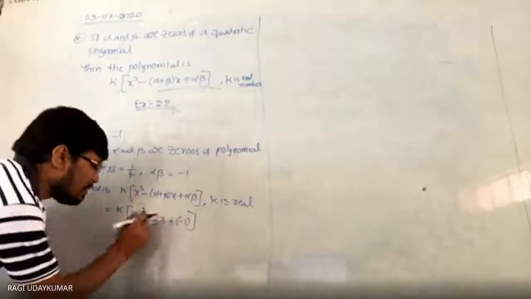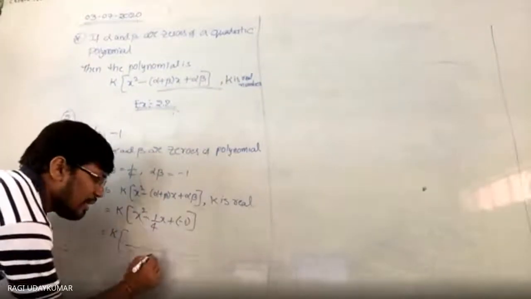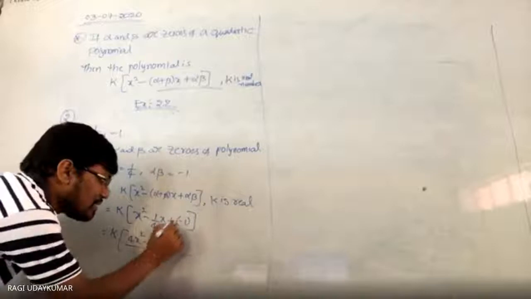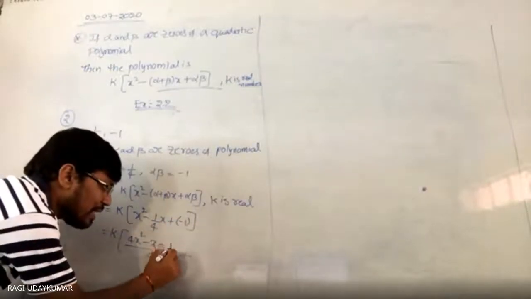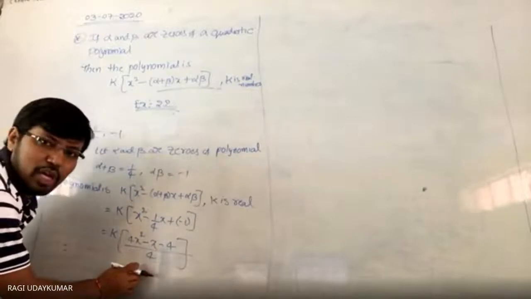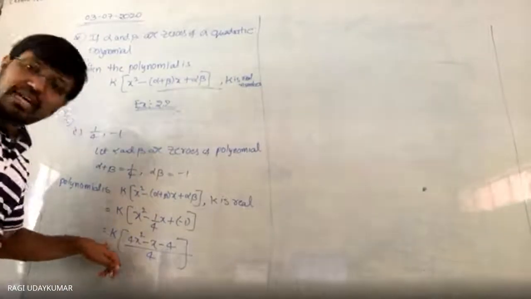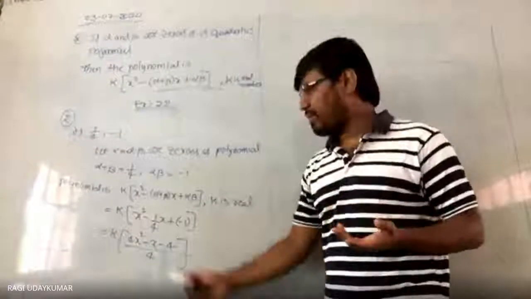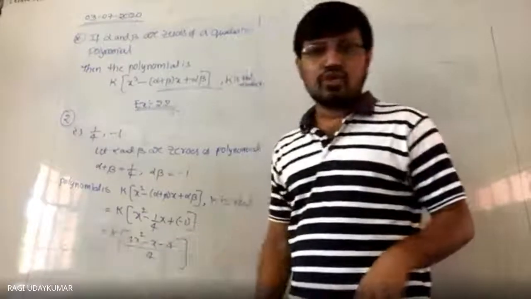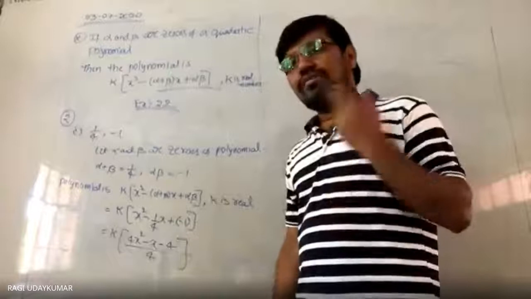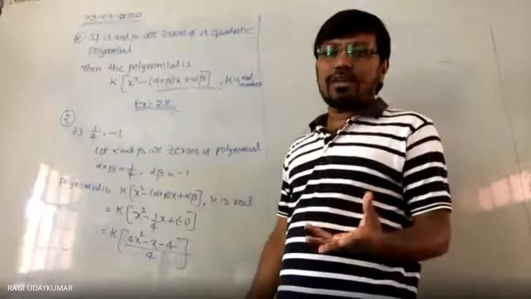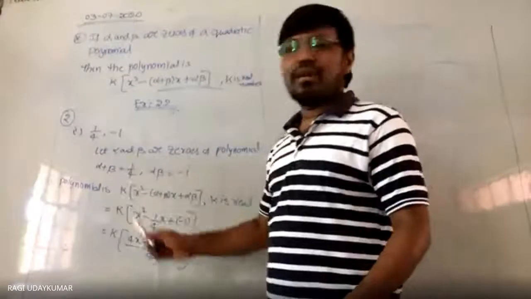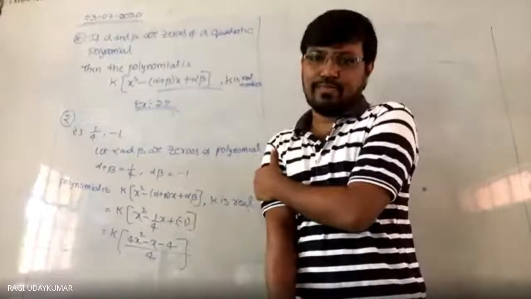So before that, let us simplify this one. So k into, in the denominator you will get 4. Then 4x square minus x, and minus 1 with 4 multiplied, you are going to get 4. As you are getting denominator 4, you have to choose k is equal to 4. Means k can be any number. Sir, if I take k is equal to 8, is it wrong? No. If you take k is equal to 8, whatever polynomial you get, if you find its zeros, the sum of the zeros will be 1 by 4 and the product of the zeros will be minus 1.